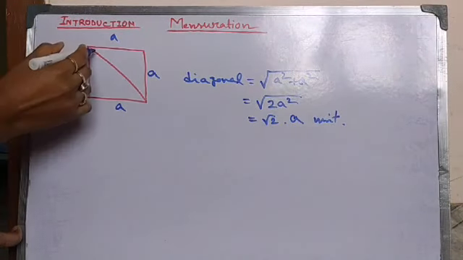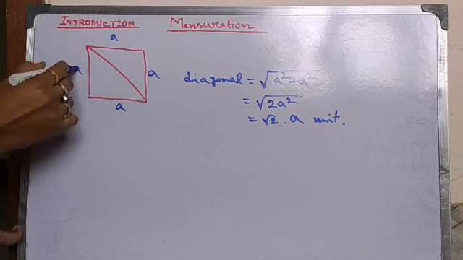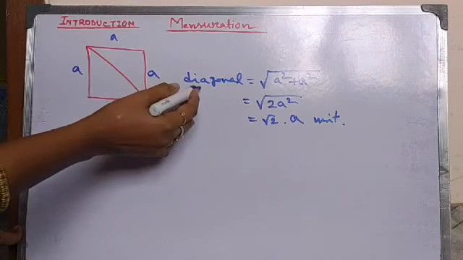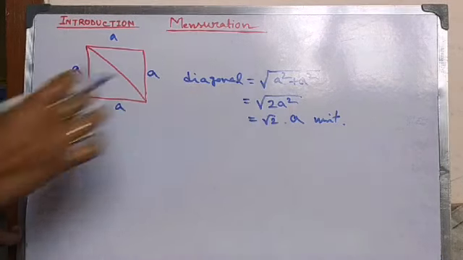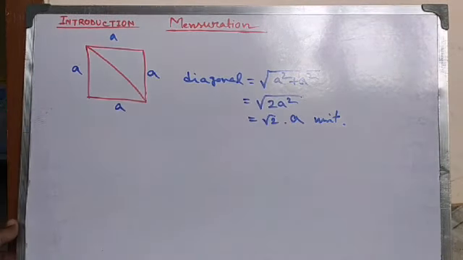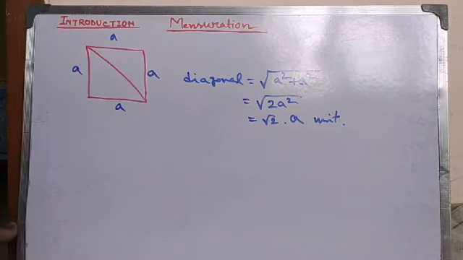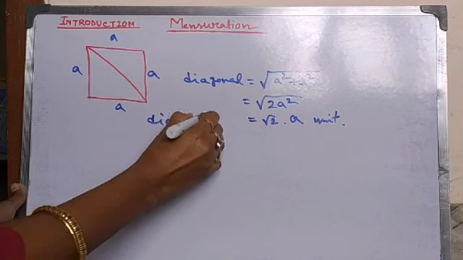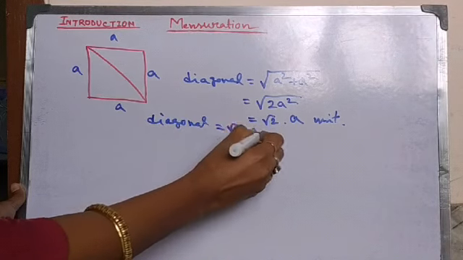By Pythagoras theorem, hypotenuse equals root over of height square plus base square. So hypotenuse is the diagonal. So diagonal equals root over of A square plus A square. So this is the diagonal of a square. Now by using the diagonal, how to find the area of the square? If the diagonal is given, there will be one formula. Here diagonal, I am writing once again, equals root 2 into A.